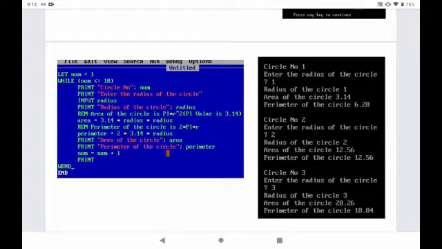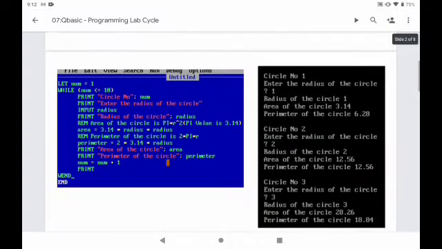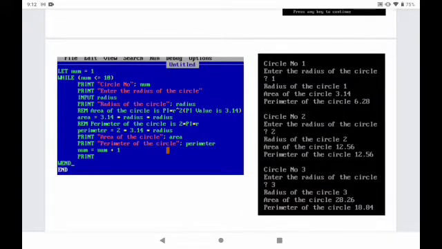Then REM, perimeter of the circle is 2 star pi star r. That means 2 pi r, 2 into 3.14 into whatever the radius that you have given. Next line you can see the equation, perimeter equal to 2 star 3.14 star radius.